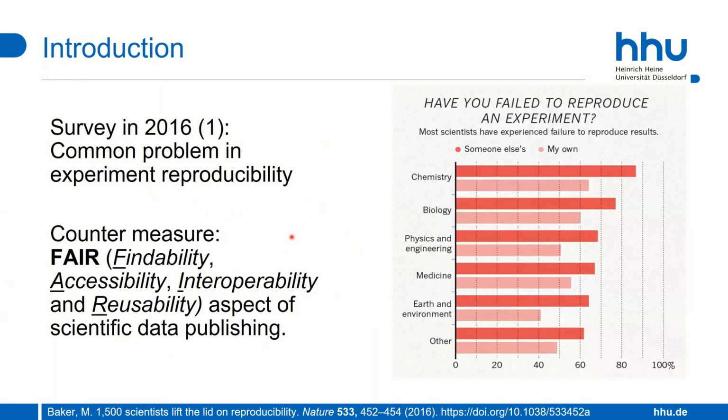So, what is the motivation? There will not be too much motivation, as you're all aware of this, but perhaps many of you have seen this paper from 2016, where 1,500 scientists acknowledged that there is a huge problem in reproducibility. As a chemist myself, I thought that we do quantitative science and that this should not be so tremendous in our case, but apparently, from what you see here, chemistry is at least as affected as other disciplines.